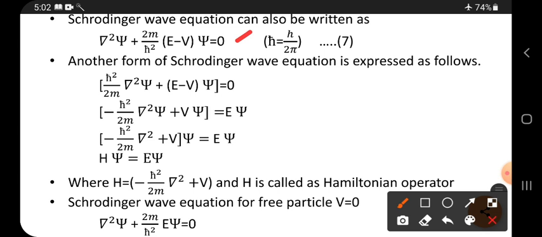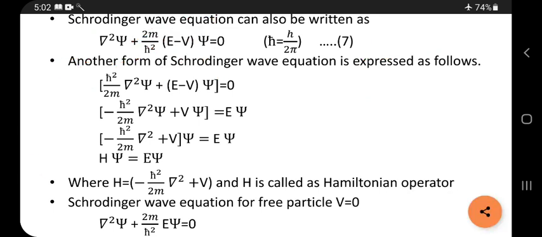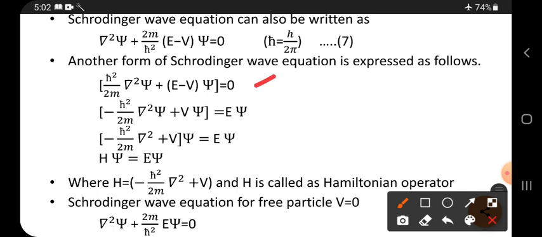Here take the common outside, or multiply this equation with h cut square by 2m on both sides. So this side h cut square by 2m, and here also if you write h cut square by 2m, 2m cancels, h cut square cancels, then this bracket will remain. So that is why here nothing is there. All get cancelled. Here it is a product. Like this we get.